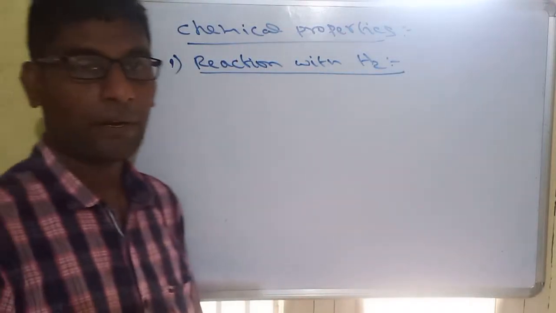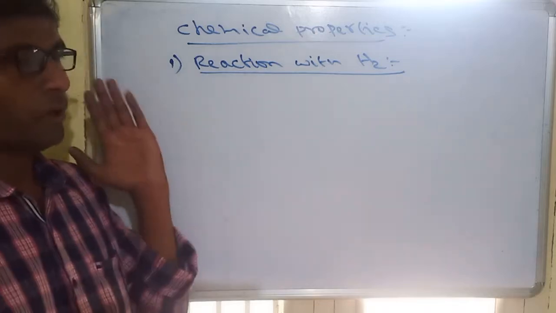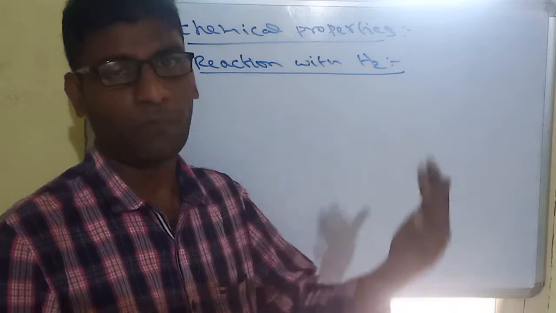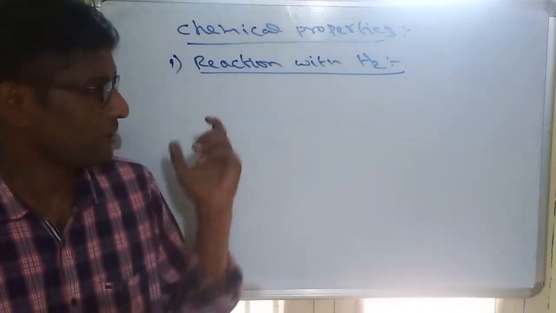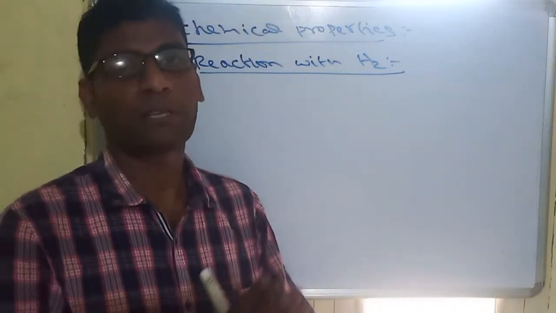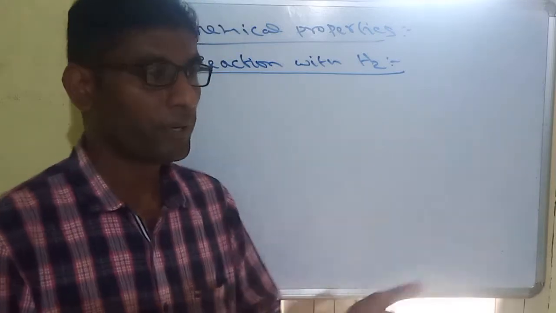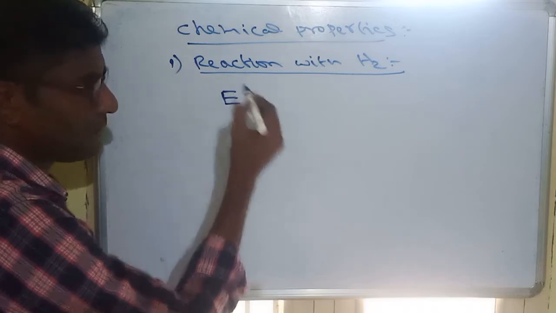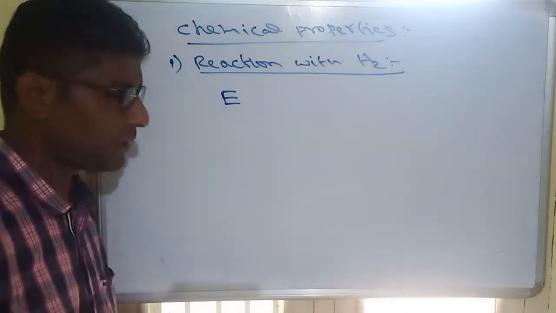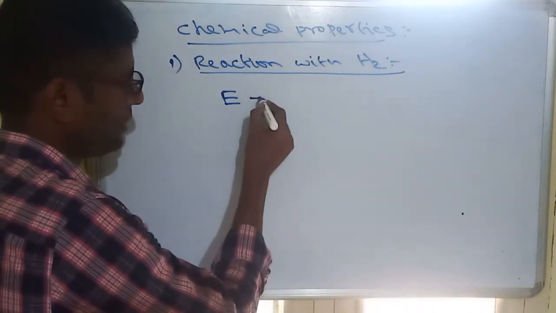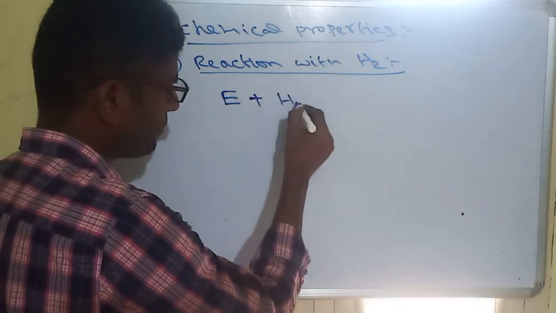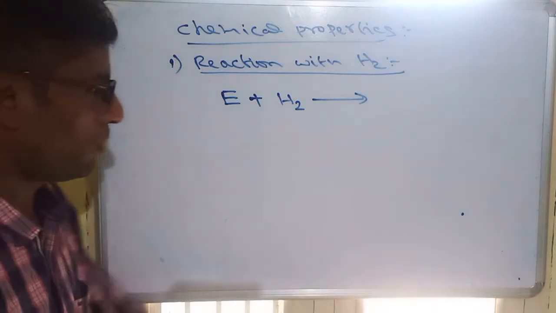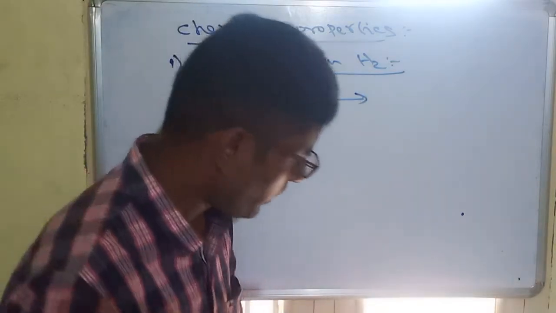Any 16th group element when it combines with hydrogen will form hydrides. So write this statement: 16th group elements combine with hydrogen to produce hydrides. Suppose we take the 16th group element with the letter E. Any letter we can take, I am just taking E. It combines with hydrogen, H2, to produce hydride. Now what is the formula of the hydride? How to identify it: